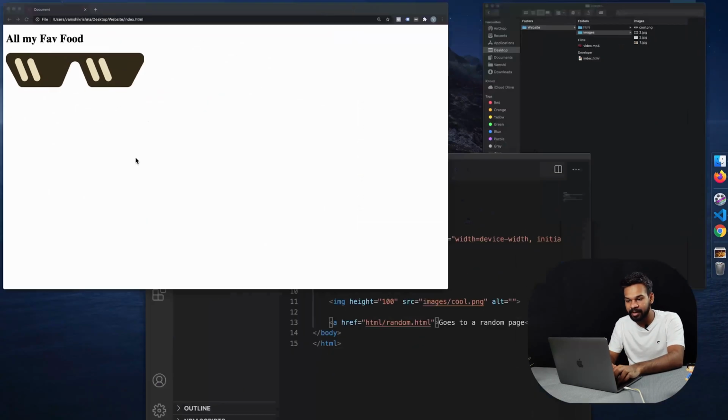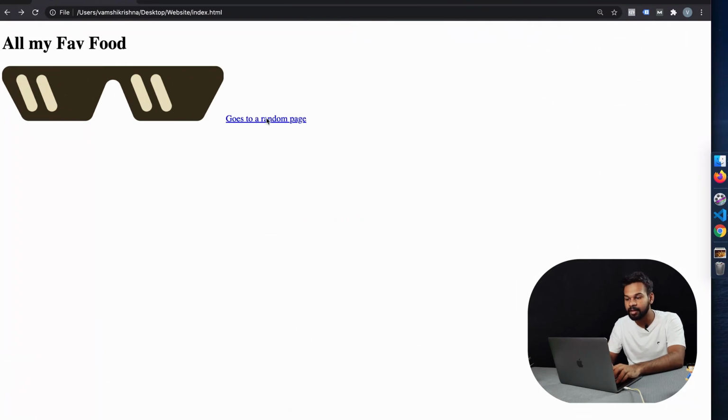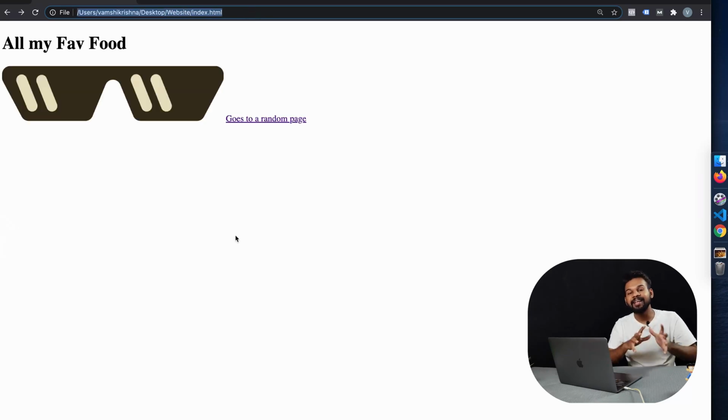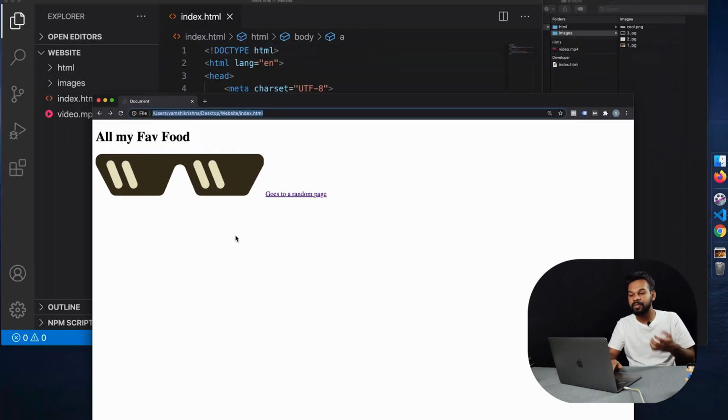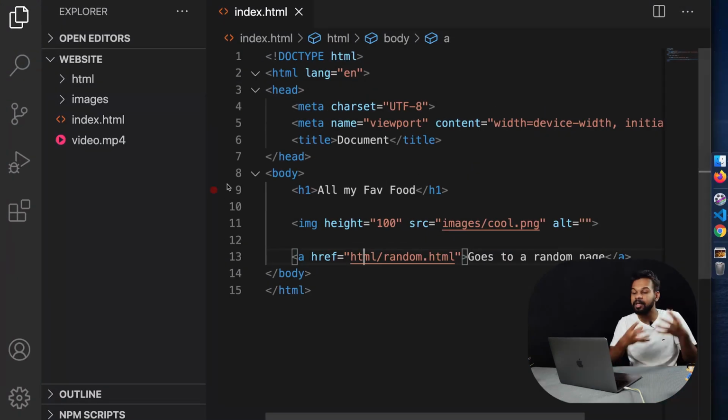So if I save, go back, refresh, I have the link, which I click on, and it goes to html/random. That is a directory structure. Directory basically means the folder structure that I'm going to use for my website. This is going to be very, very critical, especially when you're building bigger websites, because